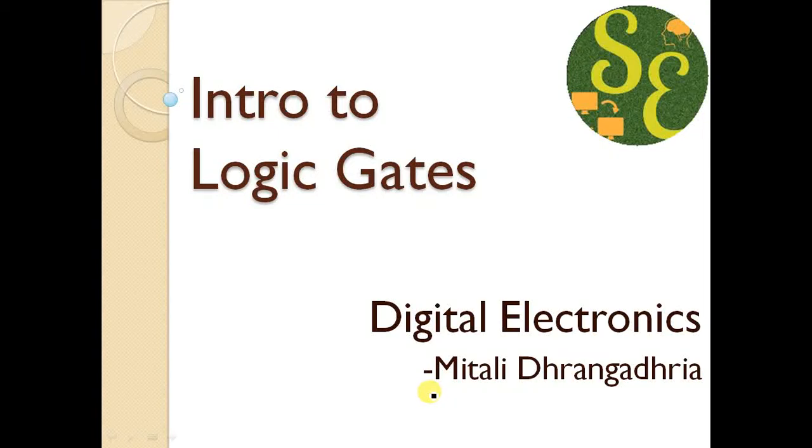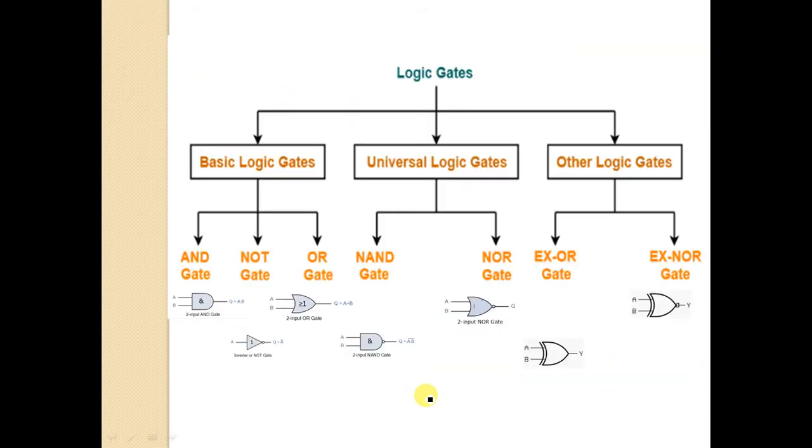In the chapter Boolean Algebra, we have already learned about the important or basic rules, we can say, for logic gates. Today we are going to learn about the logic gates. What are logic gates? It means a short introduction about the gates, their symbols and their working. Let's begin. There are three main types of gates.